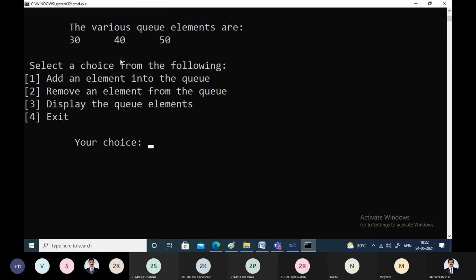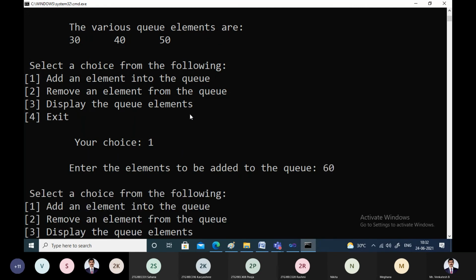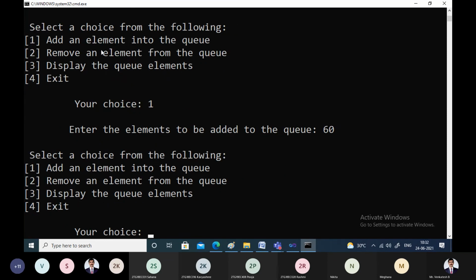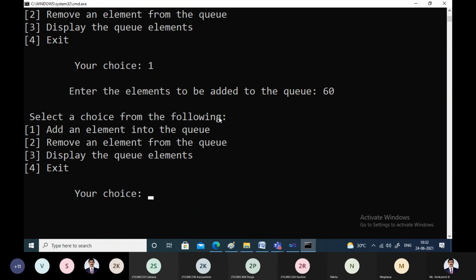In this scenario, I will give choice 1 and I will give 60 now. Yes. So let us check. This was the earlier scenario, 30, 40, 50. Now I am trying to insert one more element called 60. Whether it has been inserted or not, let us display and check it.